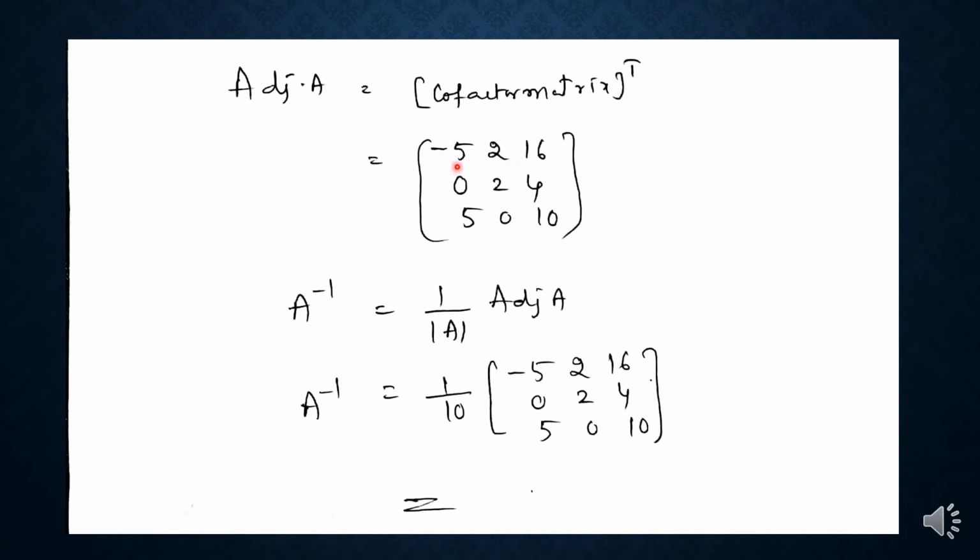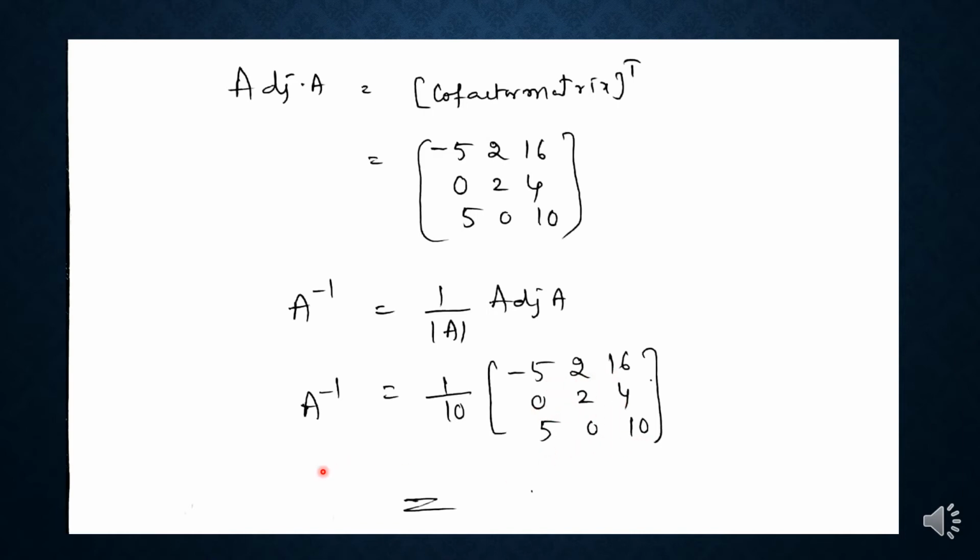So minus 5, 2, 16, 0, 2, 4, 5, 0, 10. So this is the transpose of that cofactor matrix, which is called as adjoint A. So we know that det A is equal to 10 and adjoint A matrix is this one. So now the formula is A inverse is equal to 1 by det A into adjoint A, or adjoint A by det A. A inverse is equal to 1 by 10 into minus 5, 2, 16, 0, 2, 4, 5,